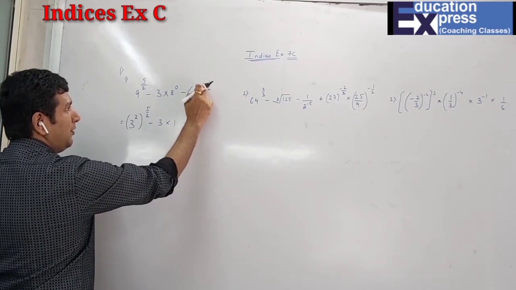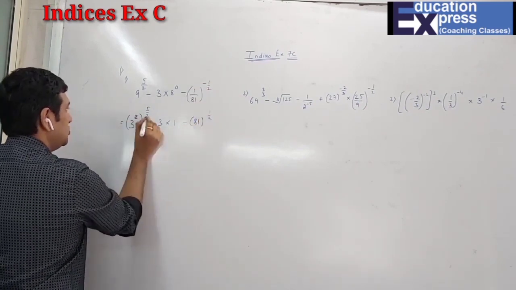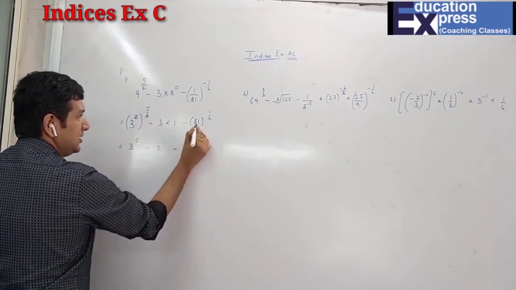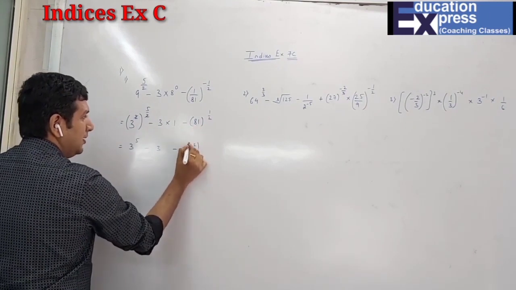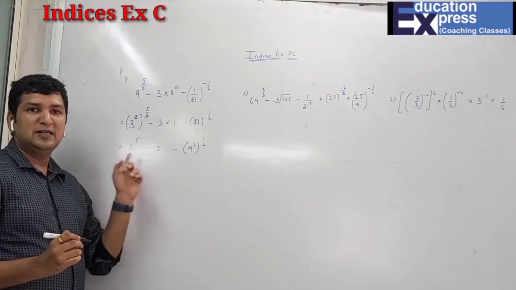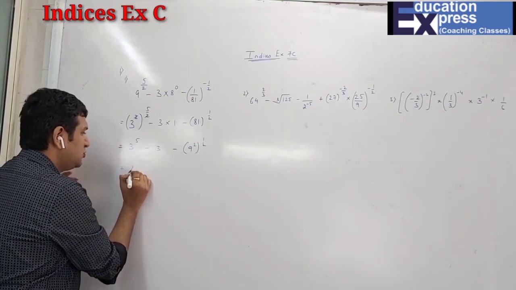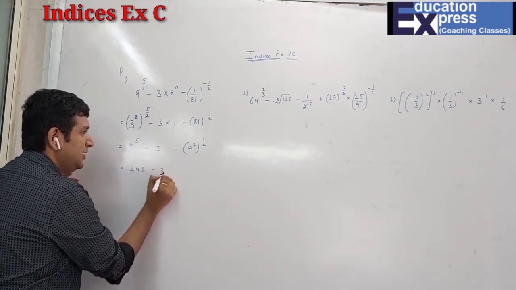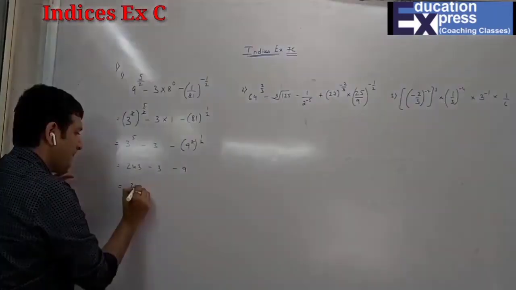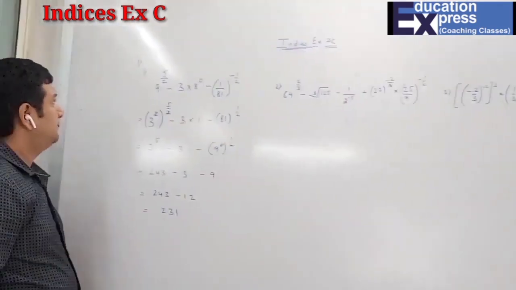In case I want to make the power positive, I have to take the reciprocal, and this will be 1 upon 2. So now this 2 will get cancelled. I'm left with 3 raised to 5, minus 3, minus 81, that is 9 squared raised to half. Here I cannot apply the laws of indices, because there is a plus and minus. 3 raised to 5 is 243, minus 3, the 2 will get cancelled, minus 9. So 243 minus 12 is 231. That is the answer.